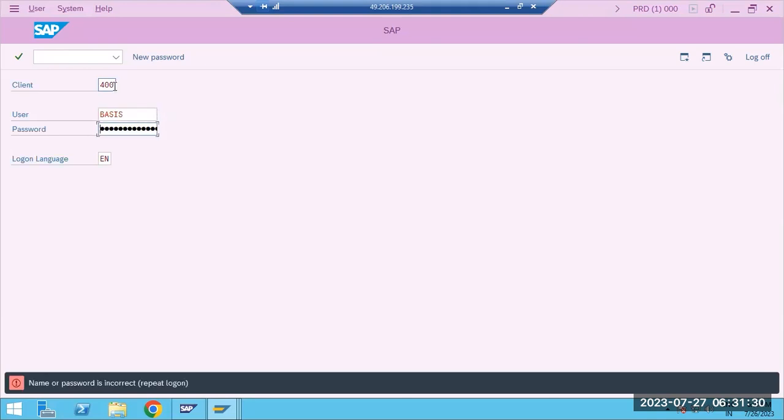Then why? Because you just created the client. There is no data inside of the client. You just created the client. Then how can I log into the newly created client? So before I go ahead and explain the topic, any questions from here